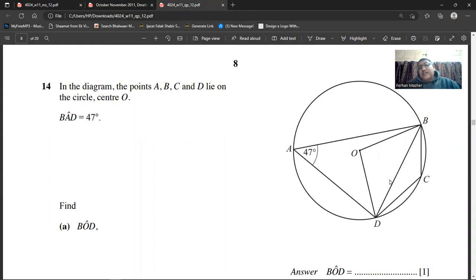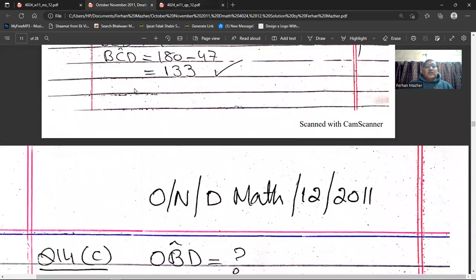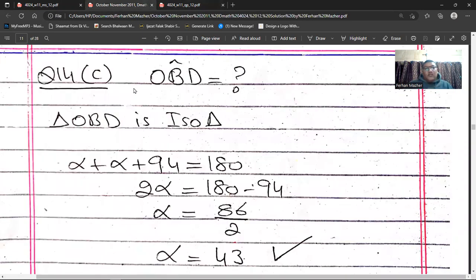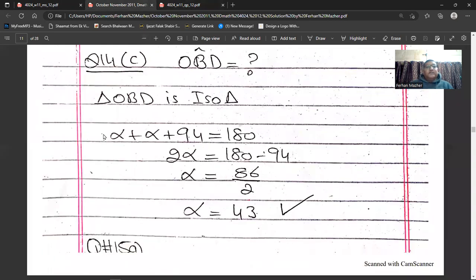So suppose this is alpha, this is 133. So 133 plus alpha will be equal to 180, because the triangle BOD is an isosceles triangle. So here we go, the OBD question. The triangle OBD is isosceles, so suppose that those base angles are alpha. So alpha plus